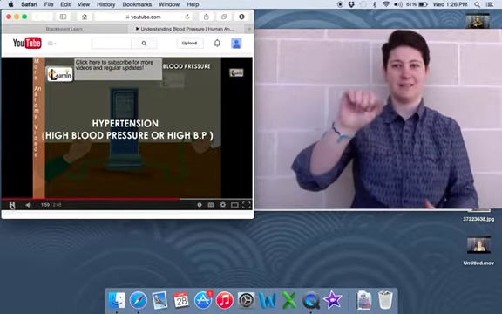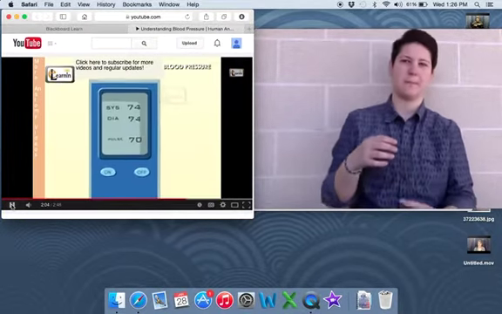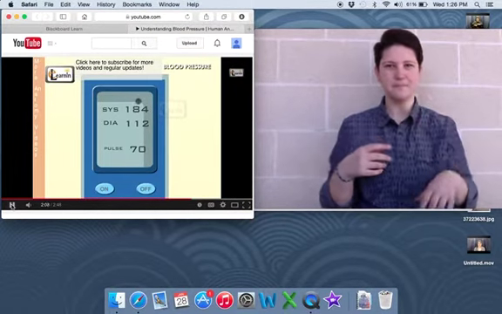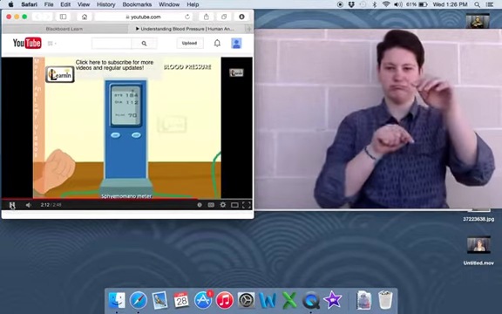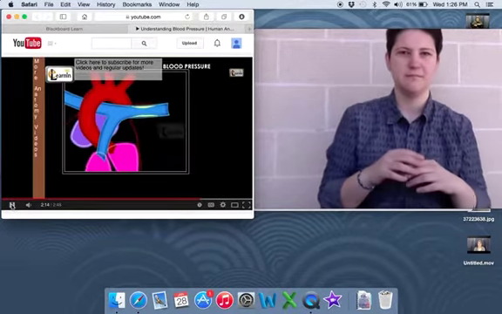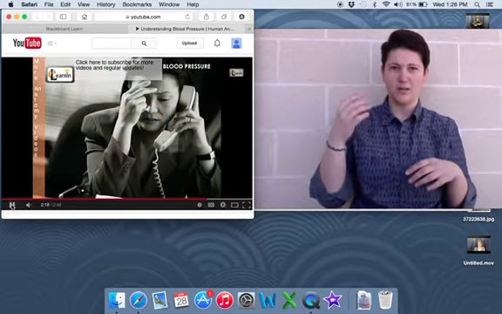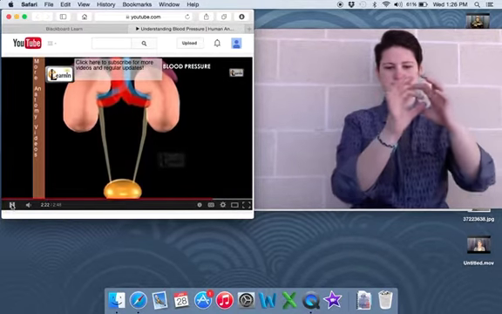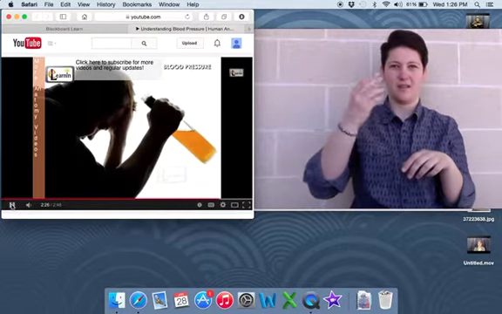Hypertension, high blood pressure. In some people, the blood pressure will be very high, more than the usual 120 by 80. Such a condition is called hypertension, usually called high BP. One of the reasons for this is the blocking of arteries by cholesterol. Constant stress and strain for a long time, improper functioning of kidneys, smoking, and alcohol consumption are also the reasons